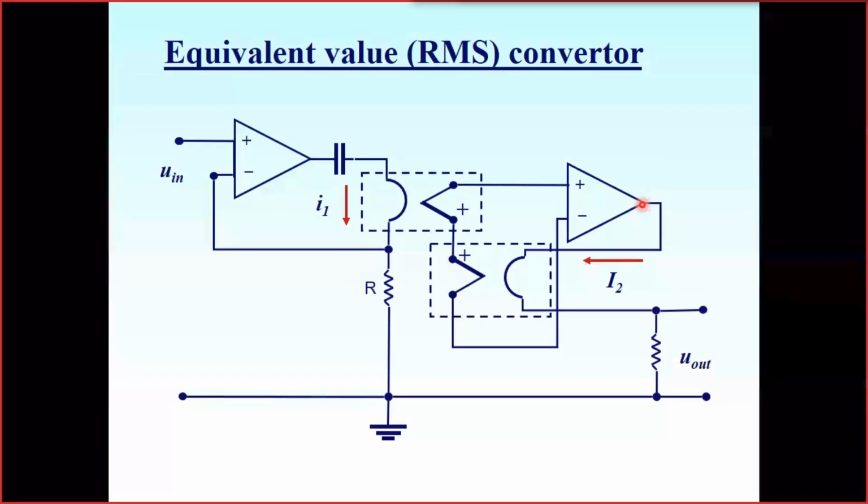Here is an example of the equivalent converter, which uses two thermocouple devices, transducers, so two thermocouple devices, each with a heater and a thermocouple inside. They are switched together in the output circuit in such a way that they are switched on in opposite directions. So the idea of this